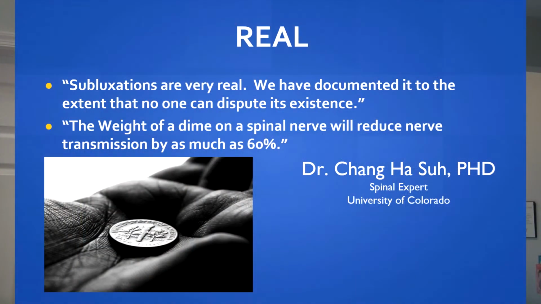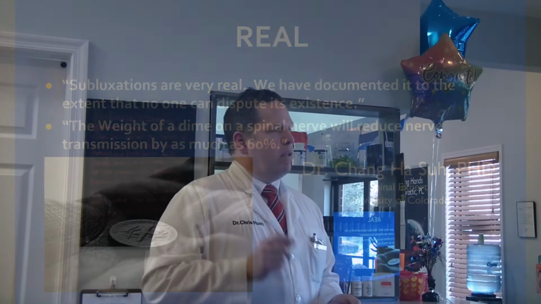Dr. Sue, he's a spinal expert out of the University of Colorado. I'm not sure if he's there still, but he's still alive. Subluxations are very real. We have documented it to the extent that no one can dispute its existence. You see he has a dime in his hand. So the weight of a dime on a spinal nerve will reduce the nerve transmission by as much as 60%. So just that small amount of pressure can cause the subluxation, or the disrupted signal, I should say, from the brain to the eye, for example, and the eye back to the brain,